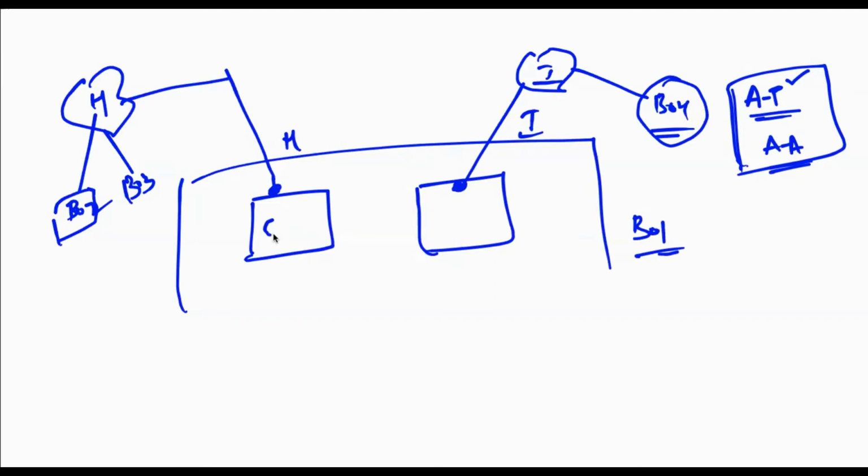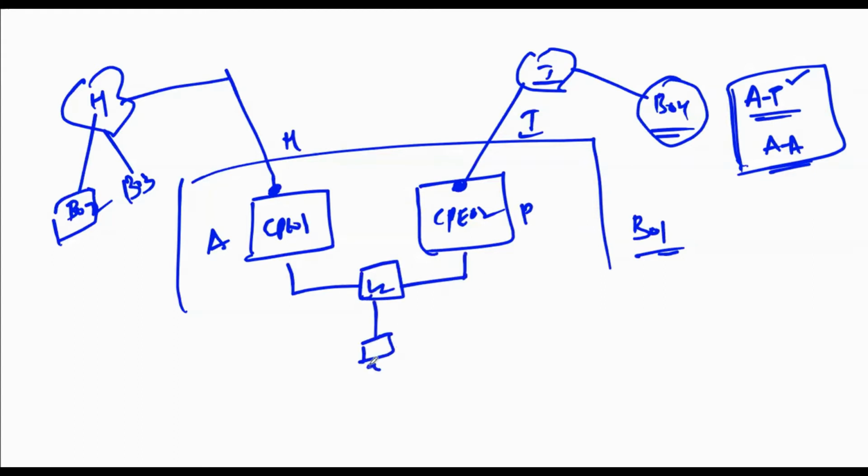Let's say this is my CP01, this is my CP02. The CP01 is the active device, CP02 is the passive device, from the LAN perspective. The traffic comes to the active device, which does not have a transport to reach branch 04, so branch 04 is not able to communicate. Same case if the active device is CP02: it cannot communicate with branch 03 and 02.